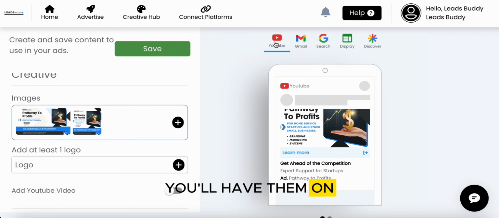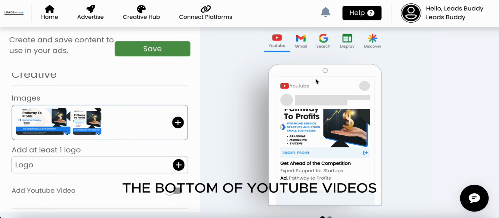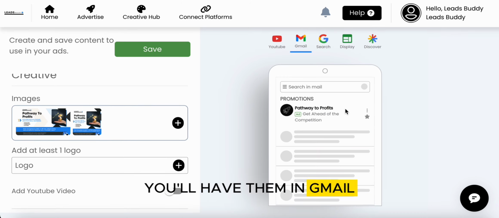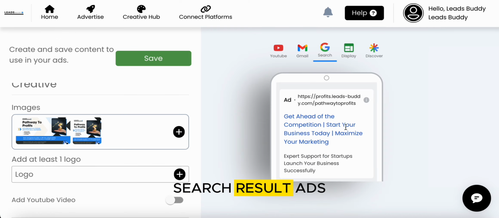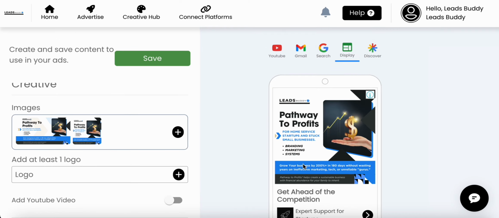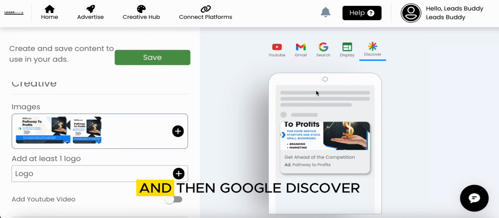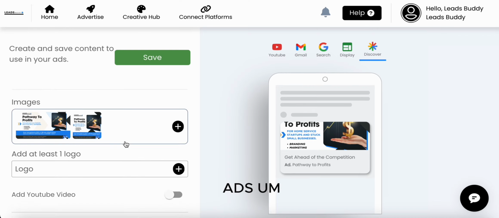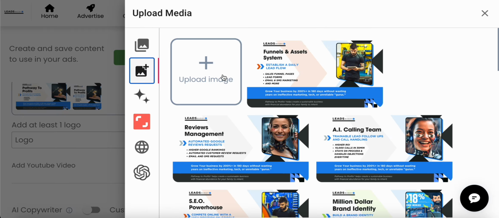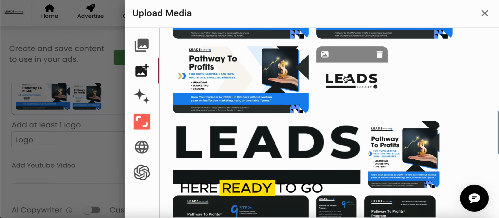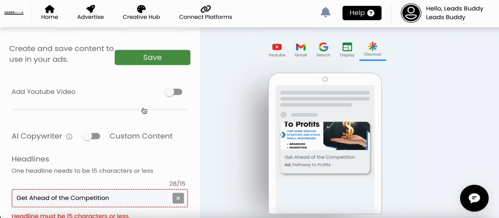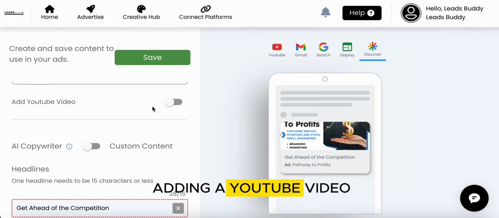You'll have them on YouTube videos, at the bottom of YouTube videos. You'll have them in Gmail, search result ads, Google display ads on different websites and in different places, and then Google Discover ads. I'll have a logo here ready to go, and I won't be adding a YouTube video for